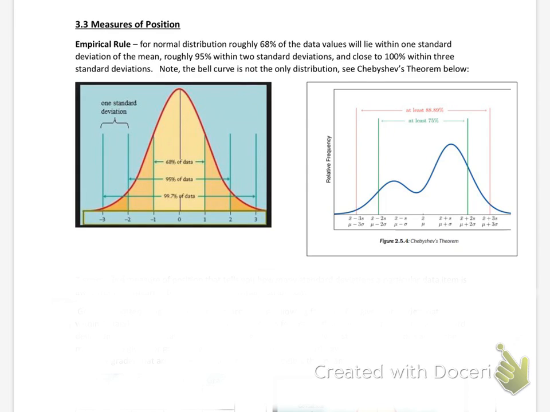Okay, so now we are in section 3.3 entitled Measures of Position. So you can use the empirical rule if you have a normally distributed data set. Okay, so normally distributed means that you have a bell curve. So this would be a bell curve. Okay, if you have a bell curve, and let me write that correctly, so this is C-U-R-V-E. That means